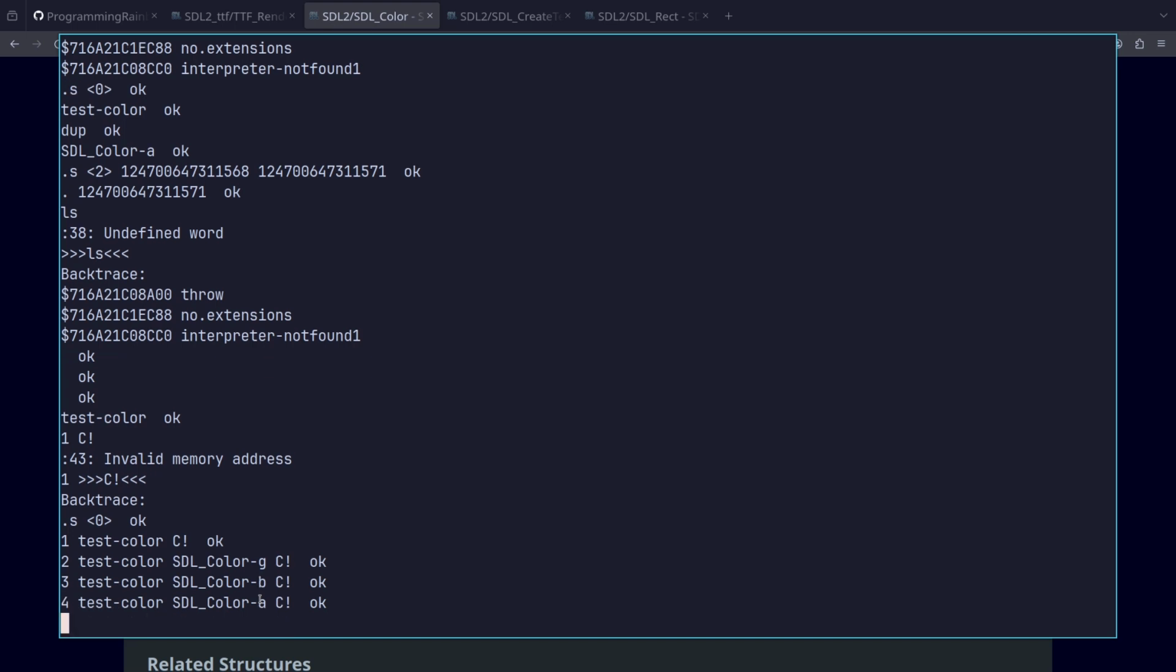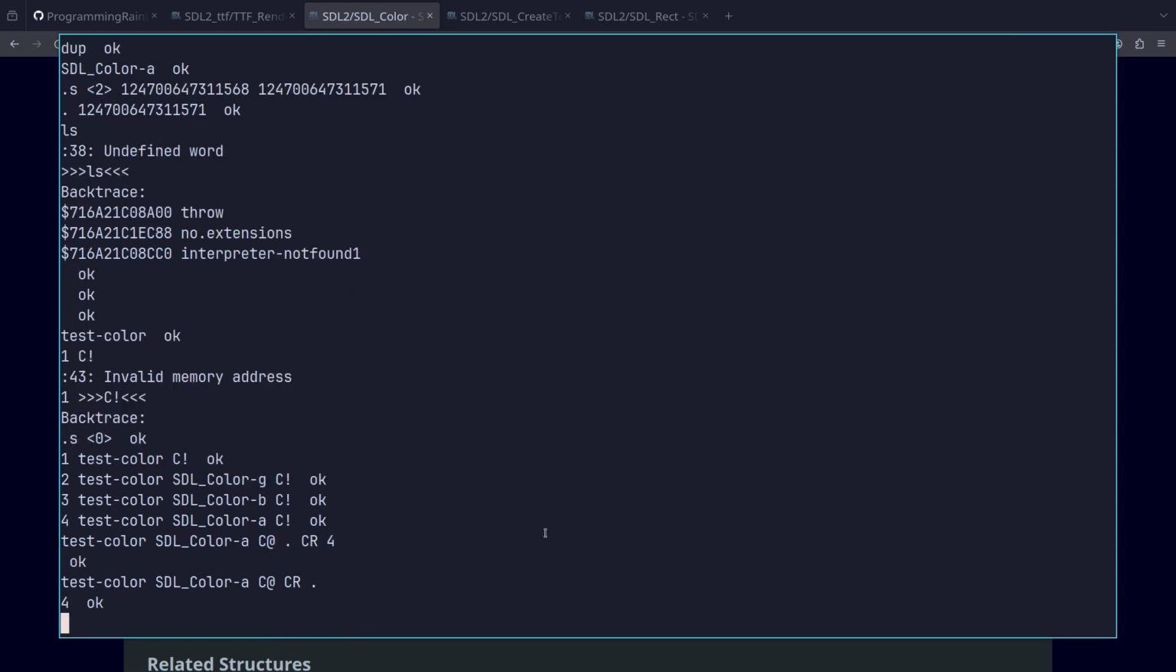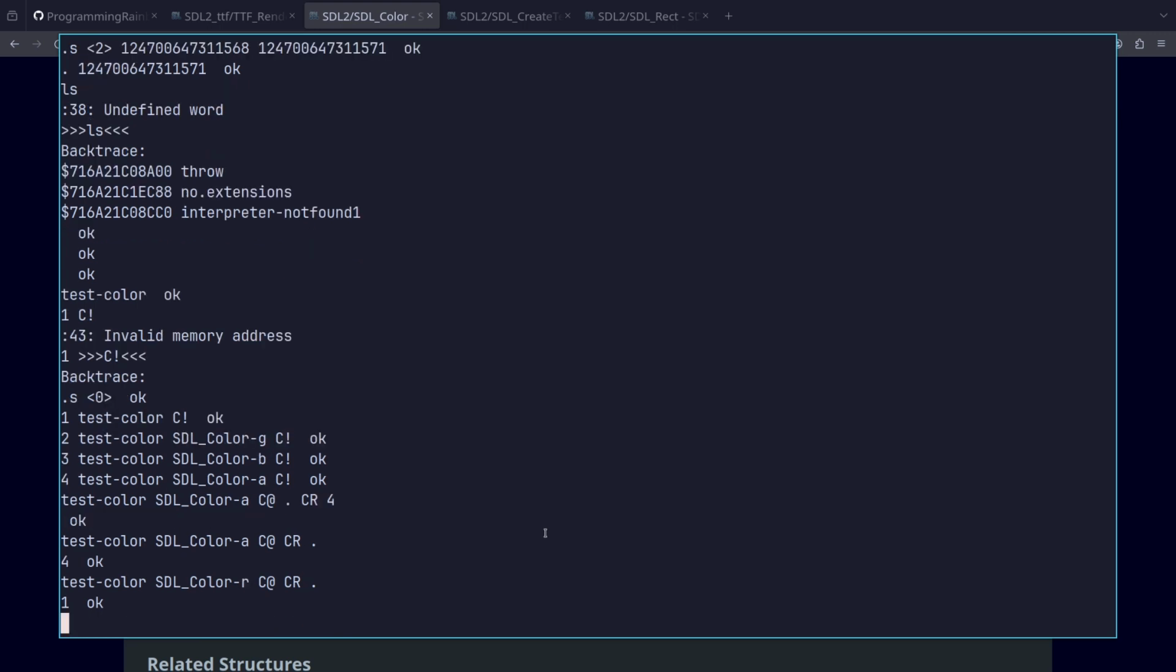Okay. So now let's just check one of them. We could do a fetch for alpha. And we'll just print that out. It's 4. I should have printed it the other way. Okay. So we know it's 4. And if we check red, it's 1. That's good. But what if we don't tell it to pull one